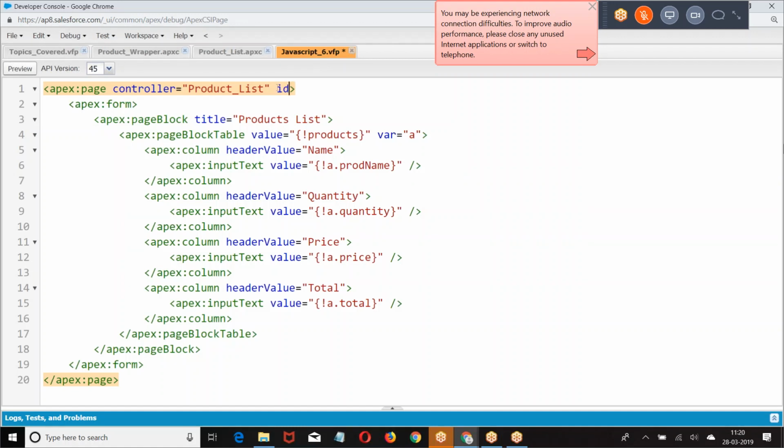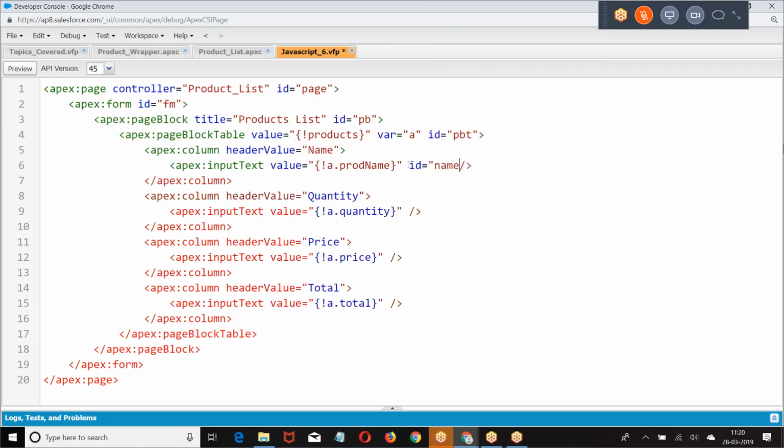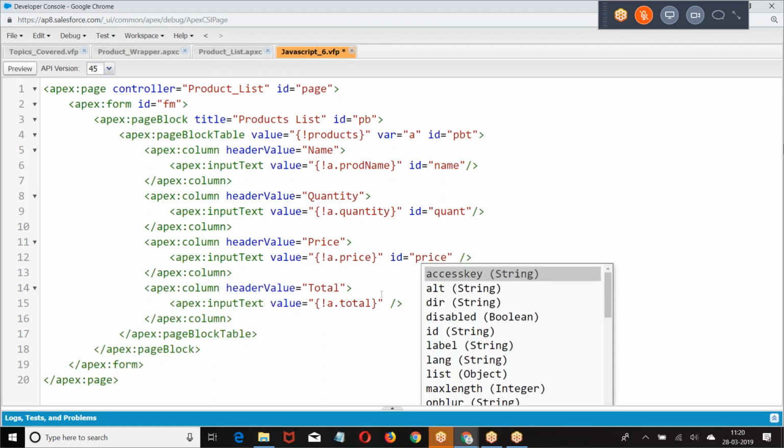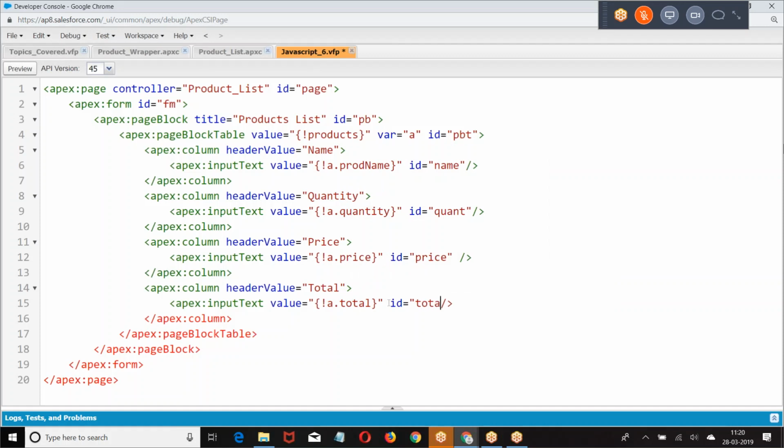Then what I was doing, giving ID, ID, this is what we got.